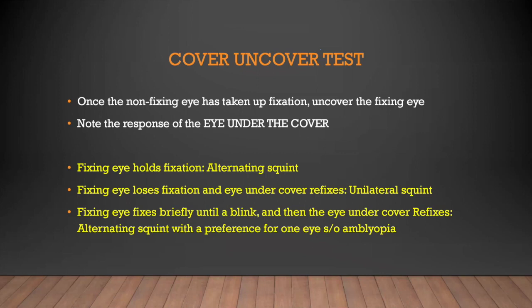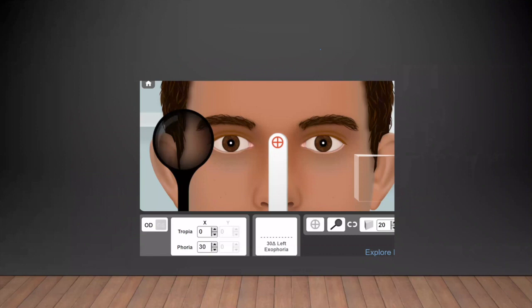So when you see that both eyes can fixate, when both eyes are viewing together, either right eye fixates or left eye fixates under binocular viewing conditions without any occluder being on one of the eyes, that means it is alternate. But if there is a preference, as soon as they blink, if there is tendency of only one eye to keep fixing, that means there is dominance. Okay. So this last case was suggestive of a left esotropia. Now we are going to take the next example.